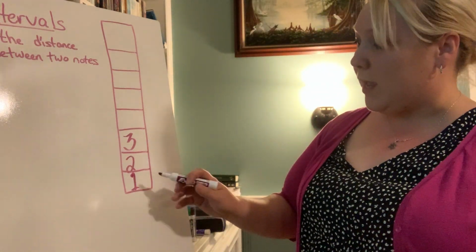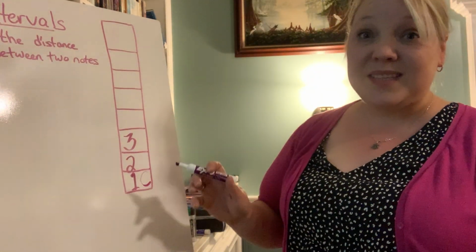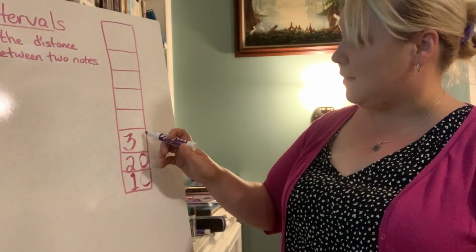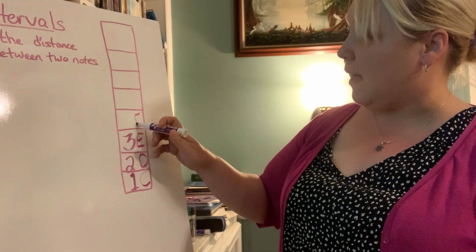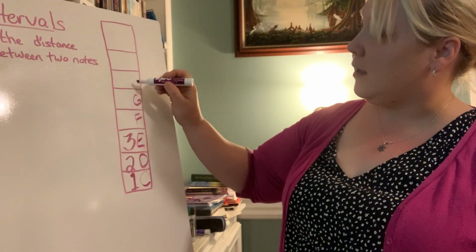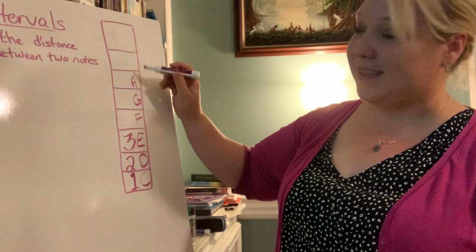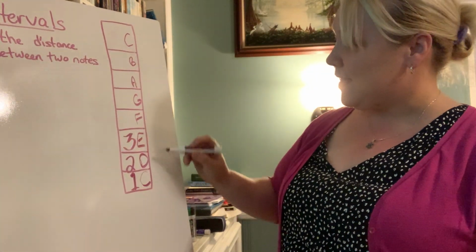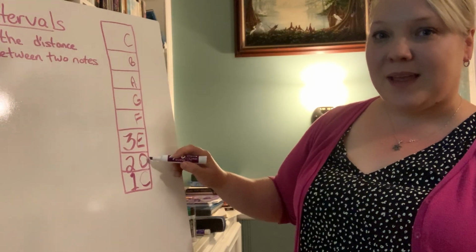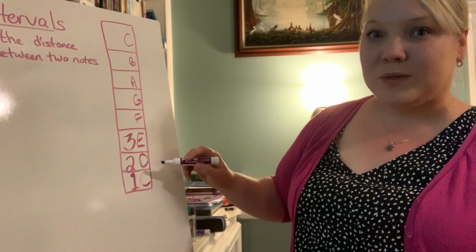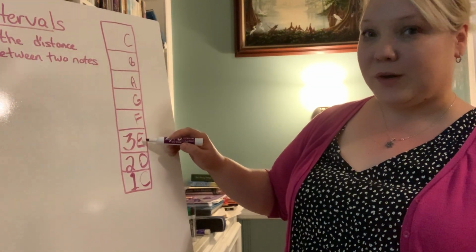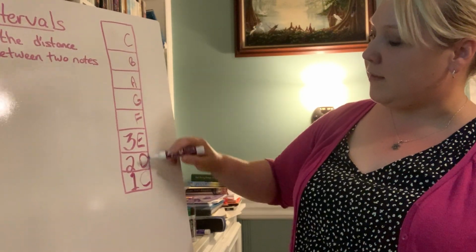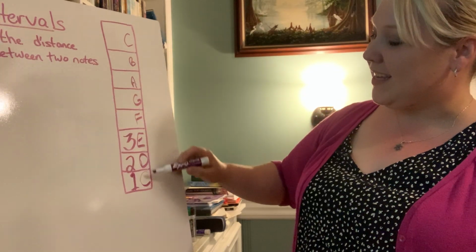Instead of calling this 1, we could call it C. And then this, of course, would be D, and then E, F, G, and of course after that is A, B, and then you have C again. So say you go from C to D. That would be called a second interval. C to E would be a 3rd. C to F would be a 4th, C to G a 5th, C to A a 6th, C to B